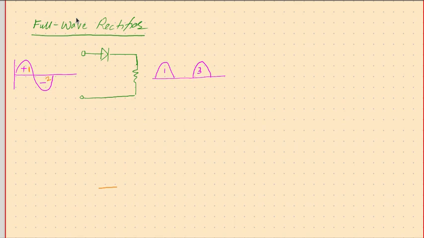After looking into a half-wave rectifier where a single diode was used and converting a bidirectional current into unidirectional current, the only thing is it was allowing only half cycle of the input sinusoidal at the output. So if you look at it, the first half cycle is allowed, the second half cycle is not allowed because it's going to reverse bias the diode. Then the third half cycle is allowed because it is positive, the fourth is not allowed, fifth allowed, sixth not allowed, and so on. So alternately half cycles are allowed,